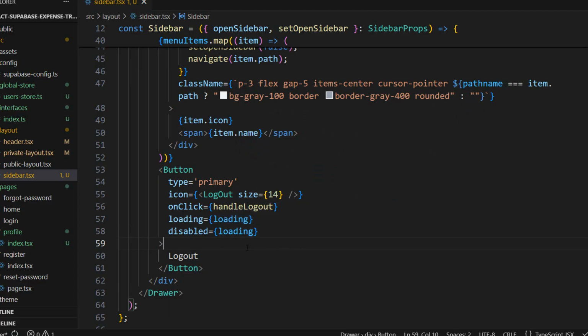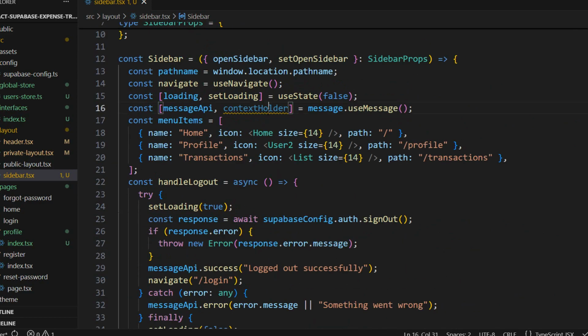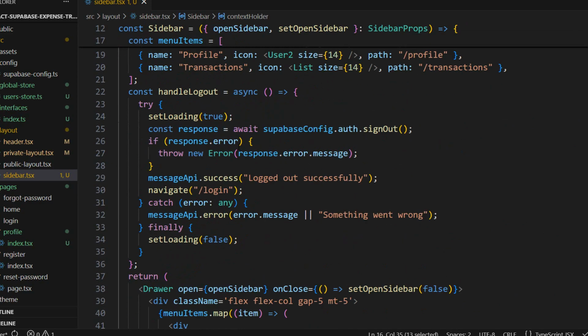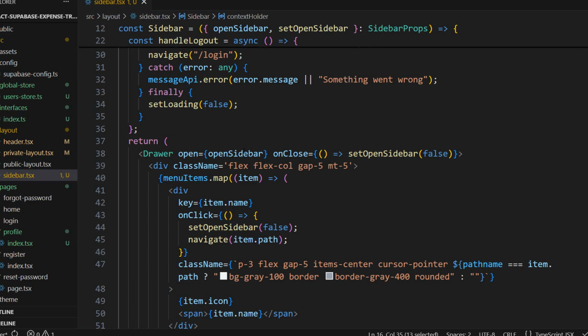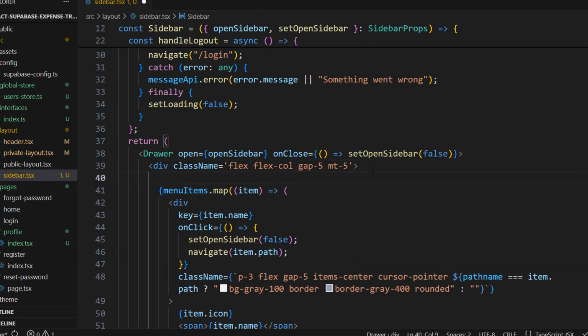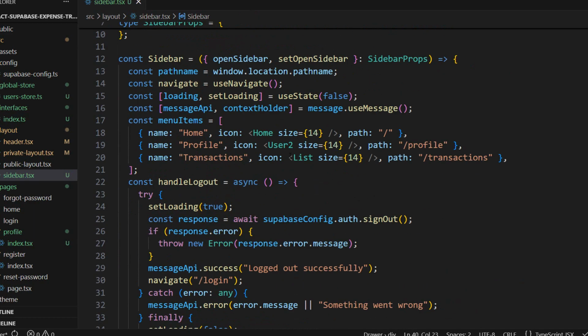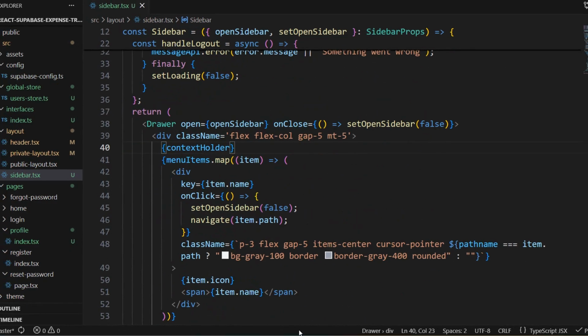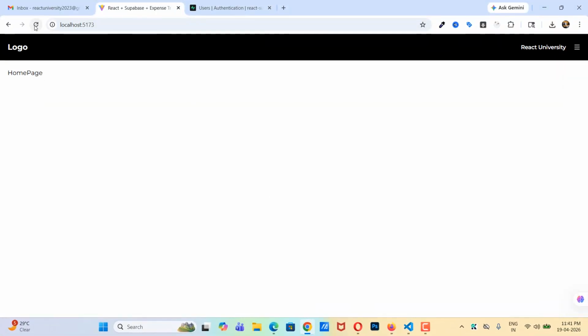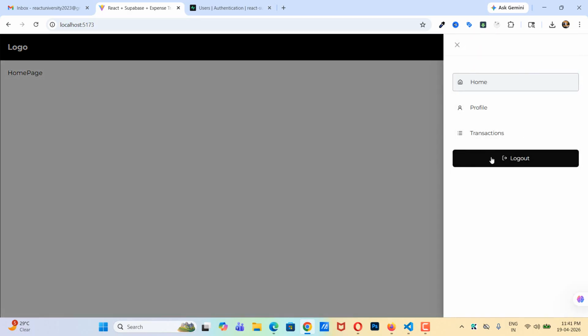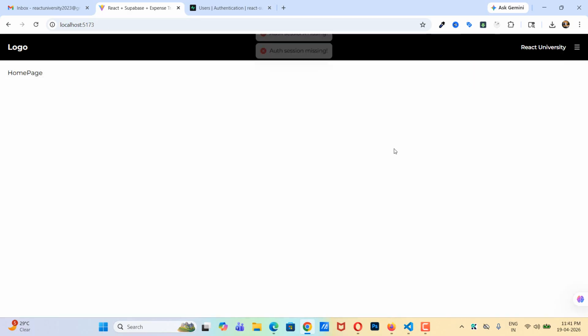We are also using the context provider, so sorry, the context folder. So let's copy this, and here inside the div I'm going to use this. Let's save the file, and let's go to the browser and check the functionality. So let me just refresh, and if I click here and click on logout,